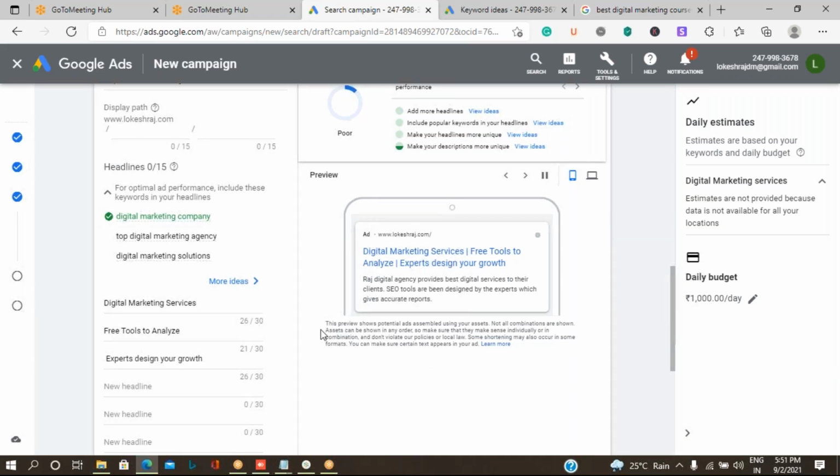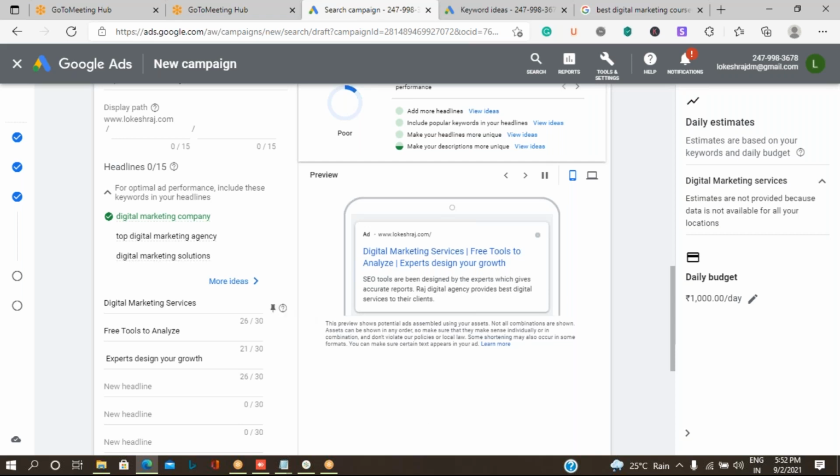Okay, so it is taking a little bit more time, due to technical reasons. So you can just have a glance at this ad details, how it has been designed. It has been shown over here. Okay, so you can just take this as an example and try to create a unique type of advertisements with your contents, and especially please concentrate on those keywords which you have listed over there.